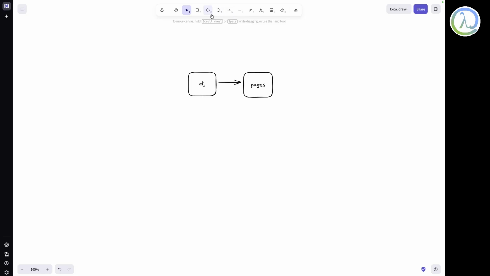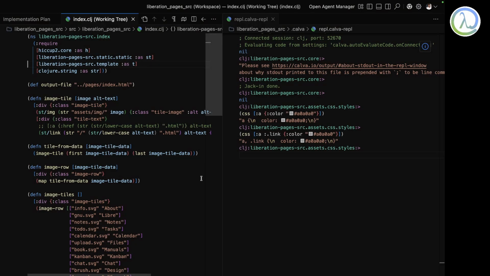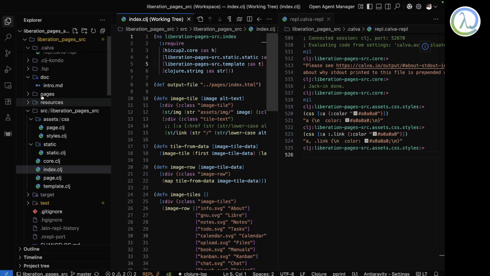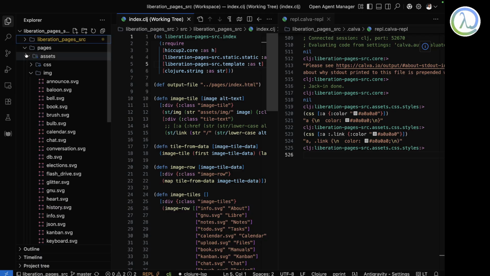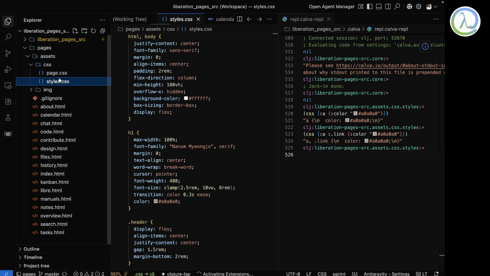This pages folder already has a directory called assets, and in this slash image, it has all the images. Clojure generates style sheets and puts them into a directory called CSS. Maybe I can even show you that. So this is the Clojure project, and this is the pages, and the CSS is what is being generated.